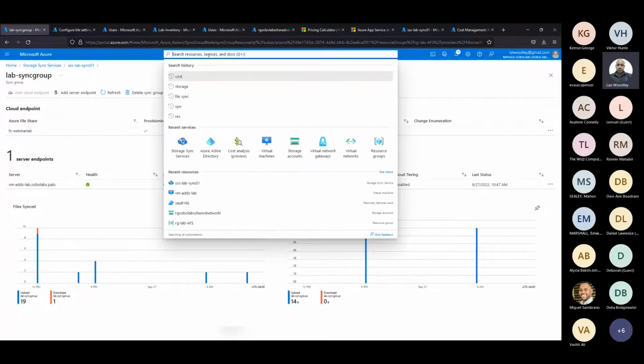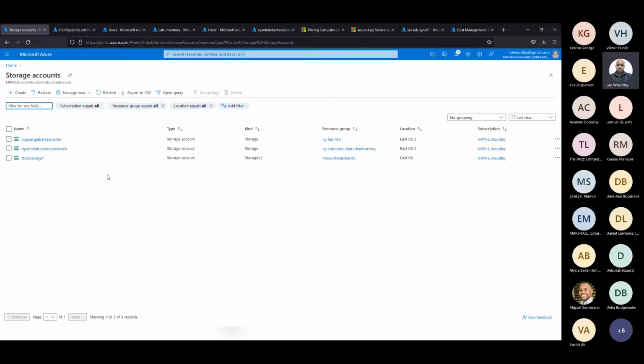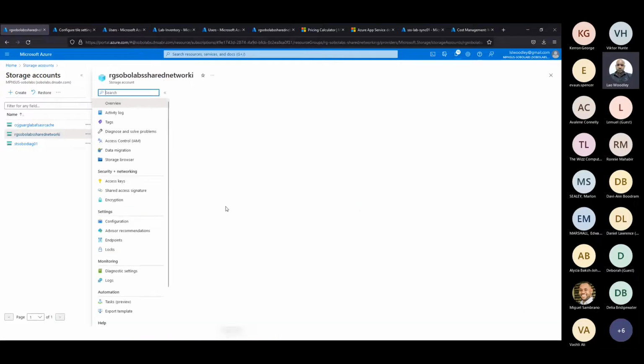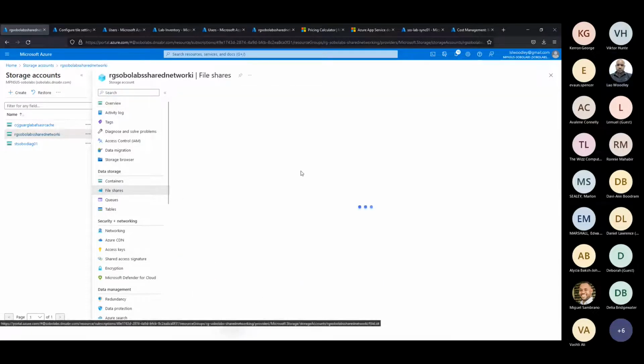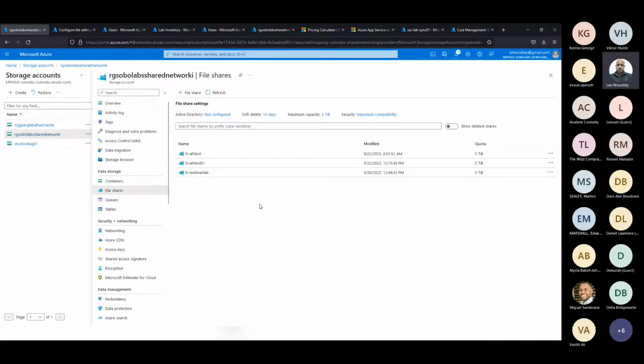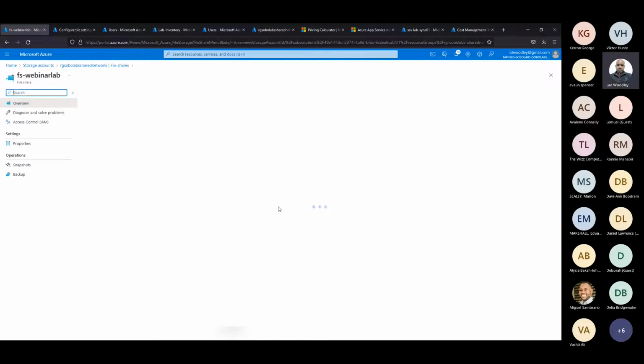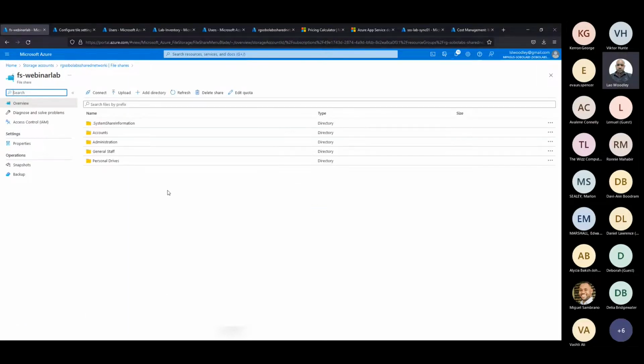Now, the sync service in the cloud represents two components. There's the sync service and then there's the storage account. The storage account represents the placeholder where the data actually sits. And this sits within a file share in a storage account. And this is me just showing you how we use our Azure portal to navigate through these technologies.